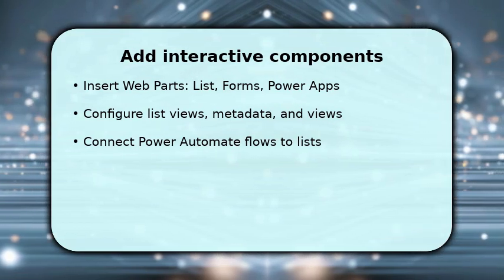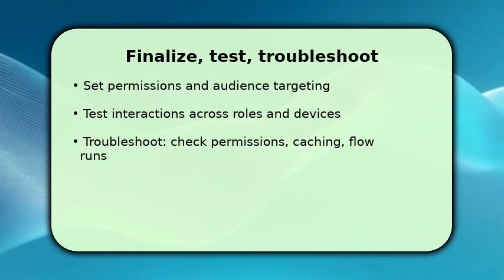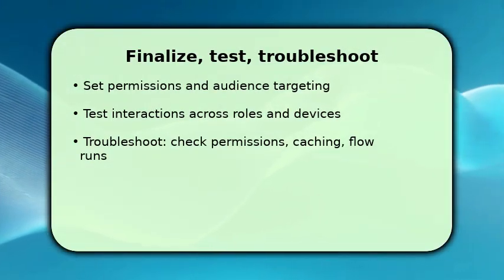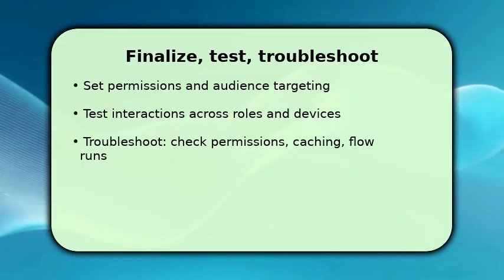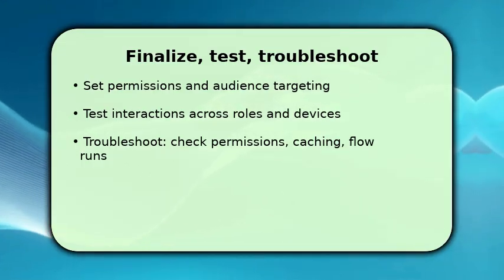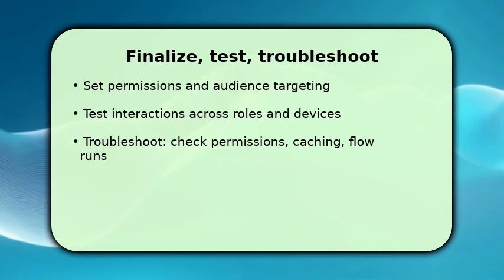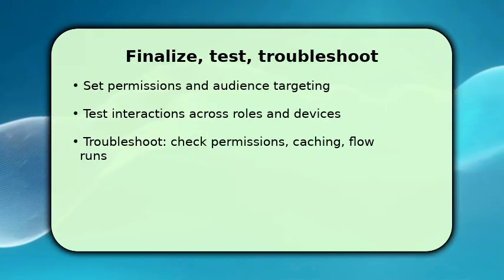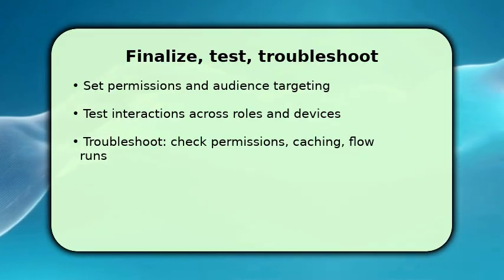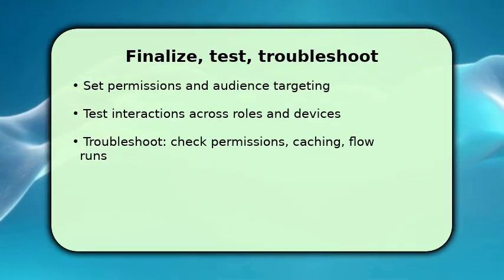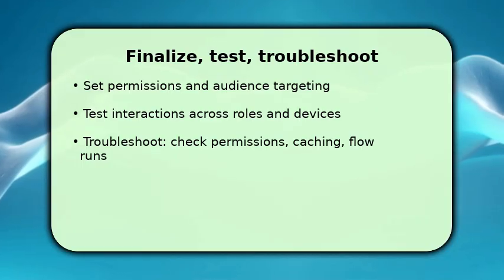Finish by setting granular permissions and using audience targeting so users see relevant content. You then test every interaction as different roles and on mobile to catch UI or permission gaps. This validates behavior under real conditions. Make sure to monitor Power Automate run history and list item permissions for errors. If something breaks, first verify user permissions, clear browser cache, and inspect flow run details. Those steps resolve most issues and get